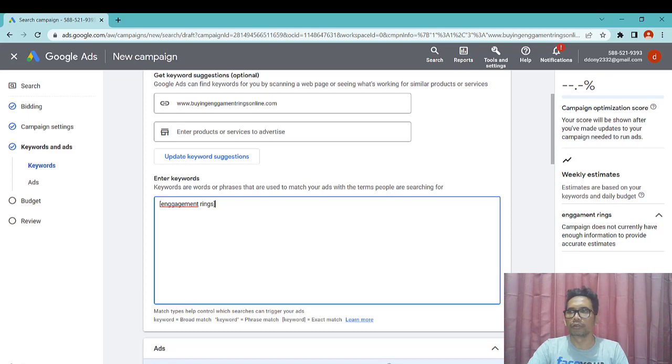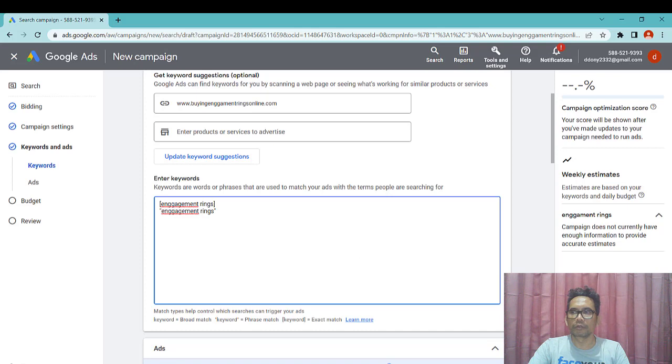Then we are also going to use the phrase match by putting quotation marks around our keyword. That way, if someone types in a phrase including our keyword engagement ring, our ad can also show up.